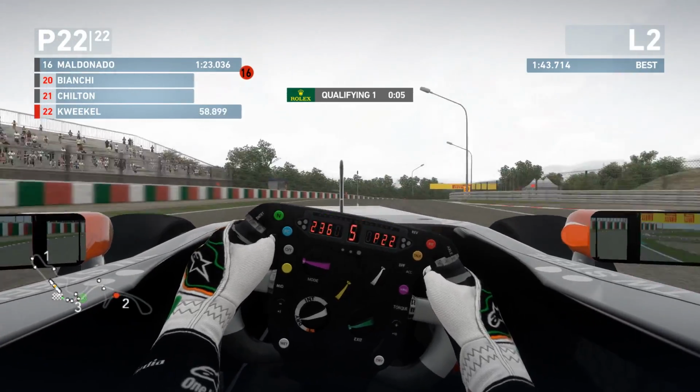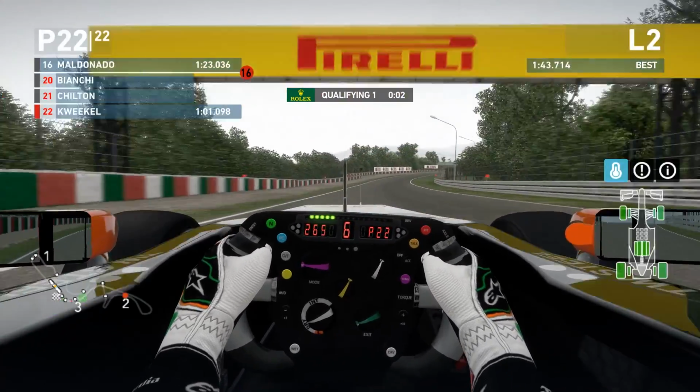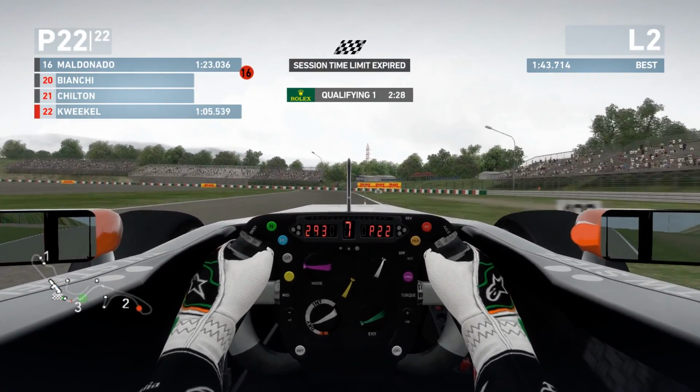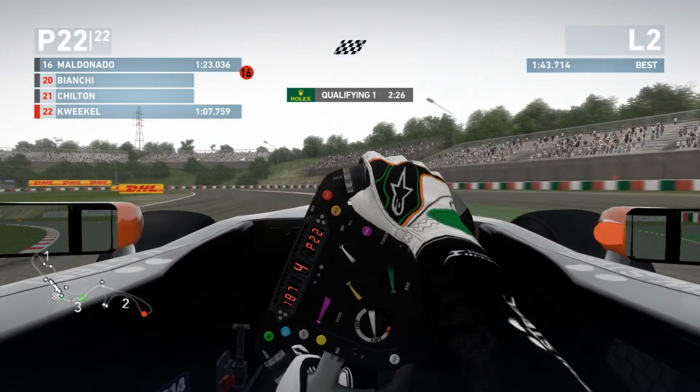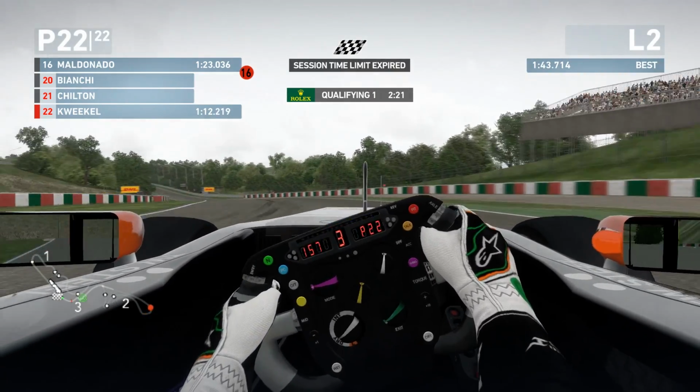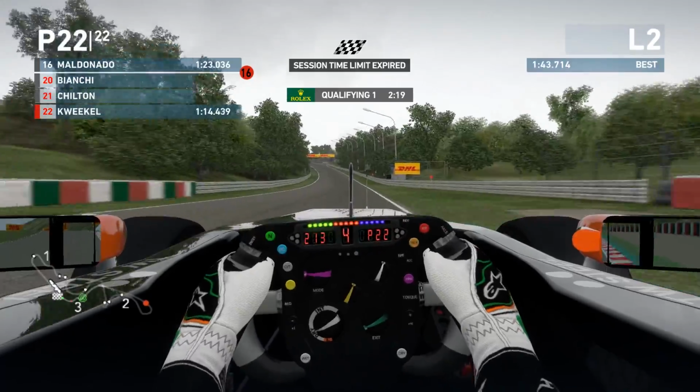The session comes to an end. Maldonado at the cutoff point with 123.0. That is actually his second sector time obviously. You can't see his lap time at the moment. Hopefully we should be up on him. I think we were like 6/10s up at the end of the first sector, so it shouldn't be too much of a problem,